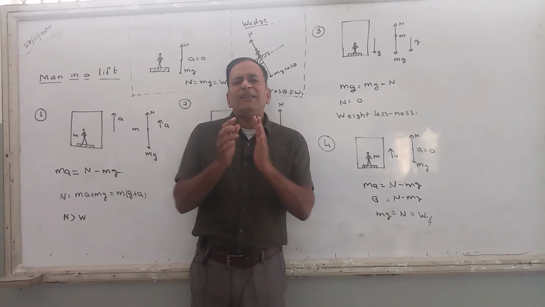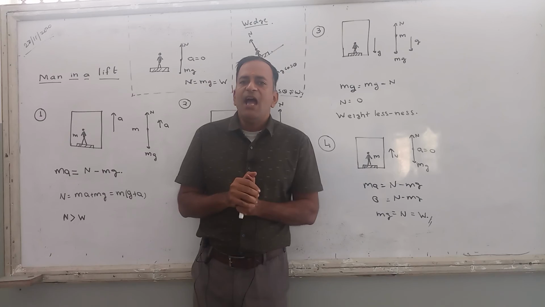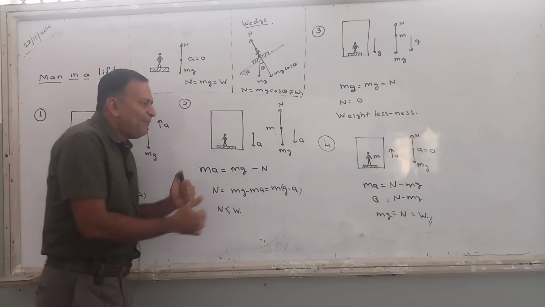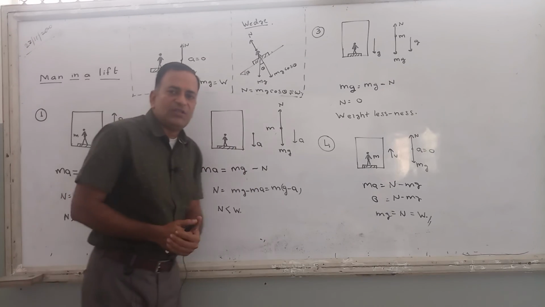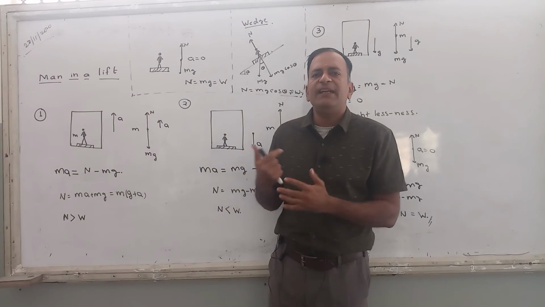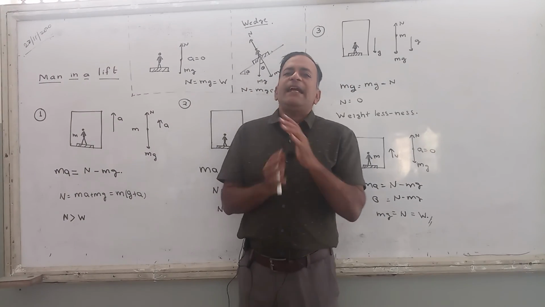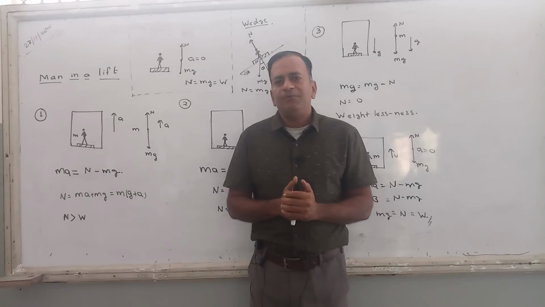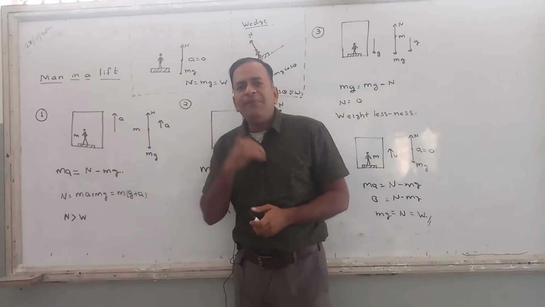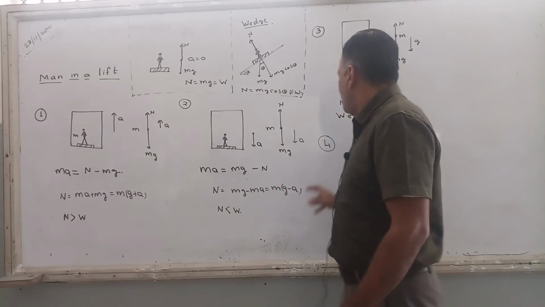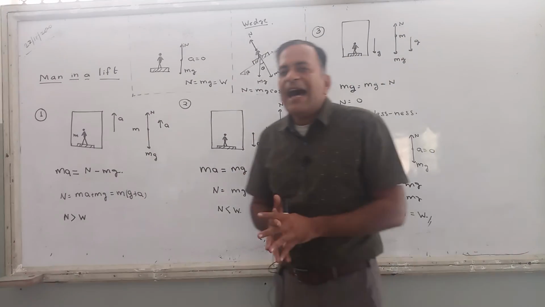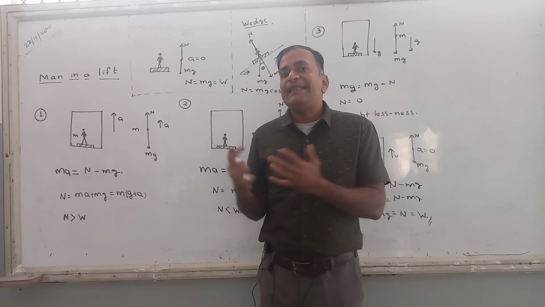Clear? Once you have to learn this trick, how to measure the apparent weight of a person, that is how to measure the normal reaction force of a person moving inside a lift. Once you learn the technique by practicing this, then you can generate many such cases. अभी मैंने कितने केस पढ़ाए आपको? 1 हो गया, 2 हो गया, 3, 4, 5 और 6 केस हो गया. I can generate 50 such cases.